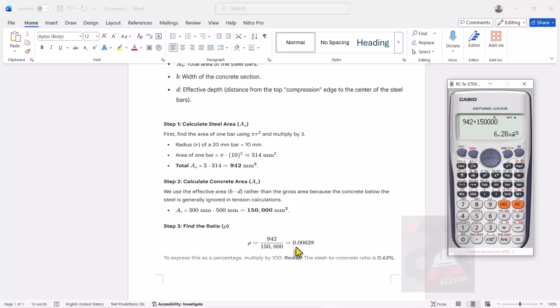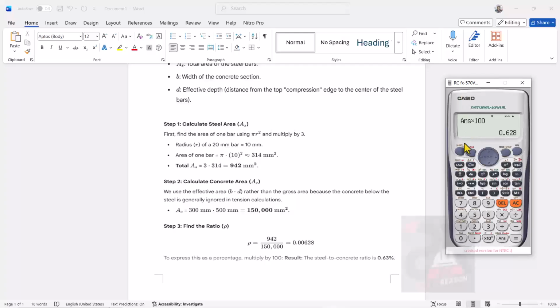You have to multiply this by 100 because you are looking at a percentage, and then you have 0.628, which is approximately 0.63. So this is within the code limit, because the code says it shouldn't go below